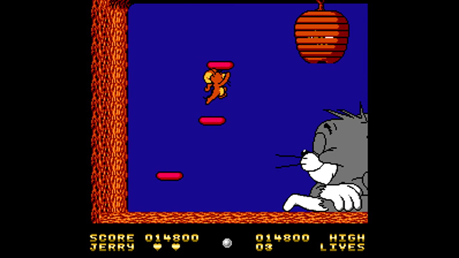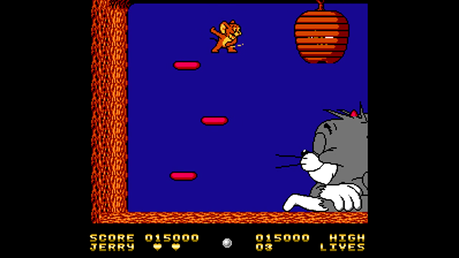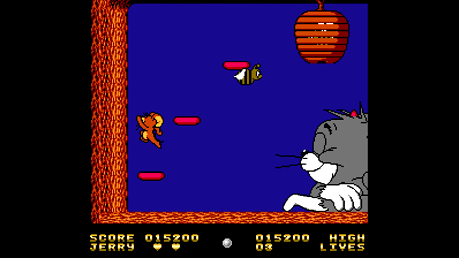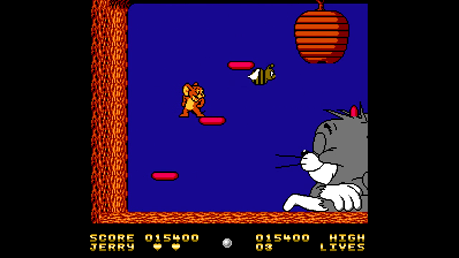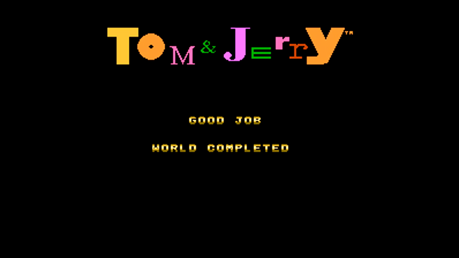Now for this one, what you need to do is use these platforms to get up into this upper right corner and hit this beehive, and when the bee pops out, you need to hit the bee again. It can hurt you when it pops out, but when you deliver one hit to it, it ends up going over and attacking Tom for whatever reason. Once you've hit Tom with all three of the bees from the hive, the battle's over and you're moving on